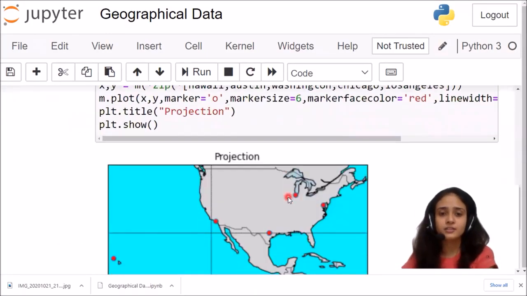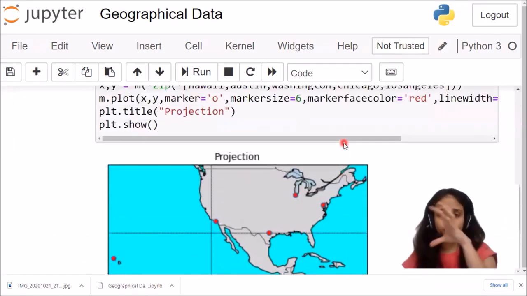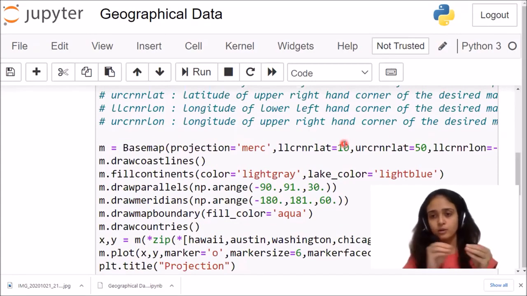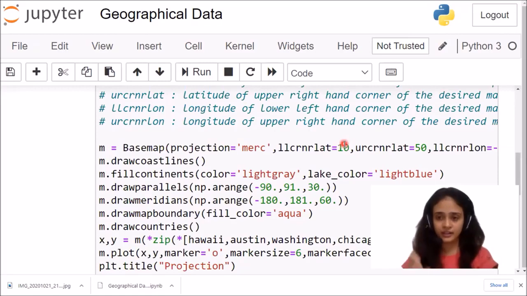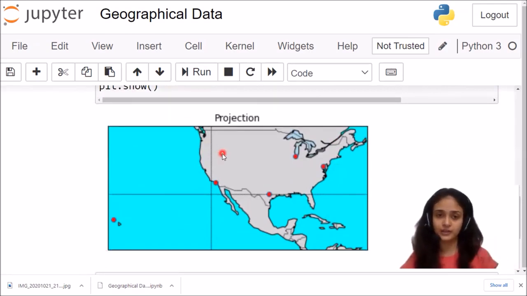Now I want to plot this type of geographical data, that is, the world map available in the Python code. Which portion of the world map do I want to see? For that I have to pass some arguments, that is the coordinates, the x and y coordinates, for the part of the world map I want to visualize.